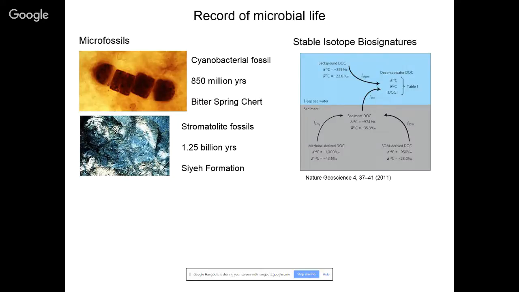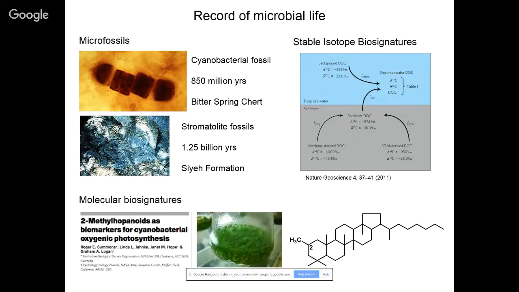Another way of looking at ancient microbial life is to look at stable isotope signatures. Something that came out of geochemistry that's really cool is the fractionation of isotopes. Microbes, and a lot of different types of life, can fractionate carbon and other elements, and these can become signatures. There are patterns to this fractionation, and geochemists can go in and detect these in rocks of certain ages and then link certain metabolisms to that time as well.